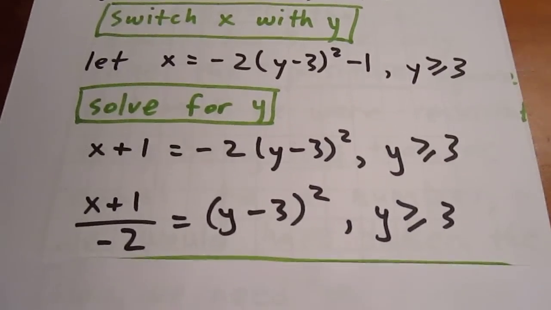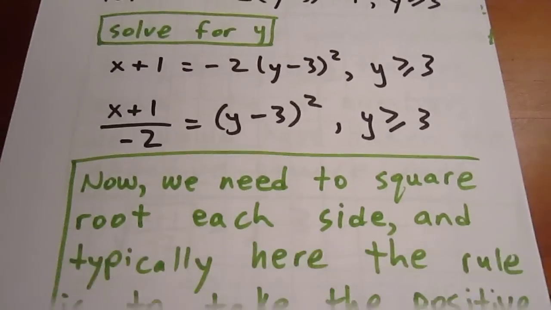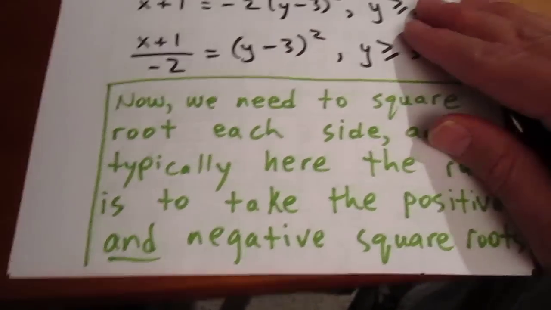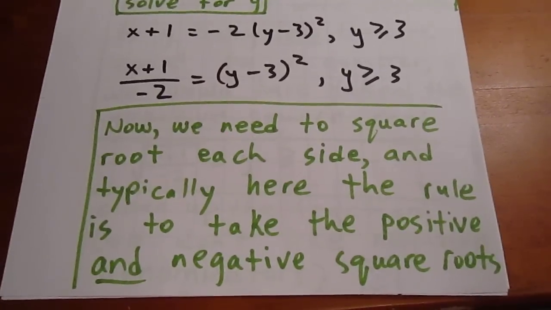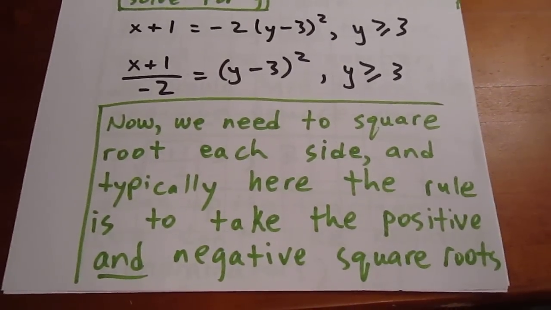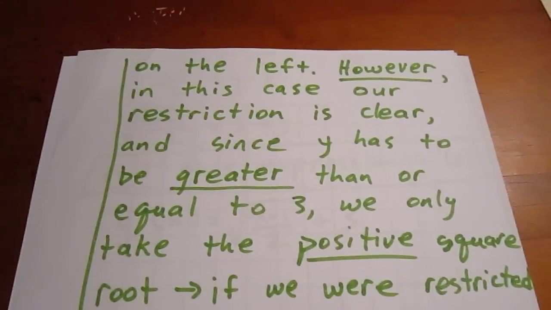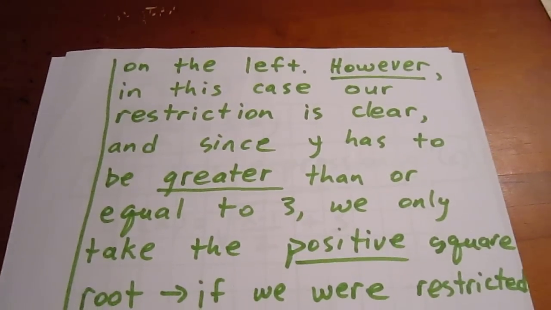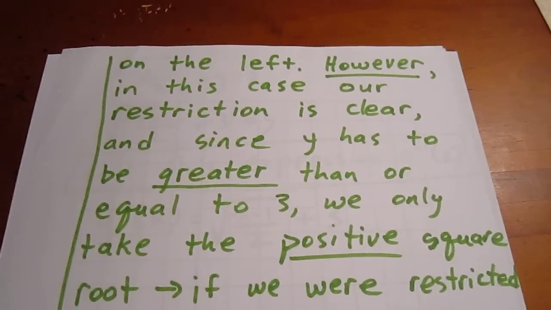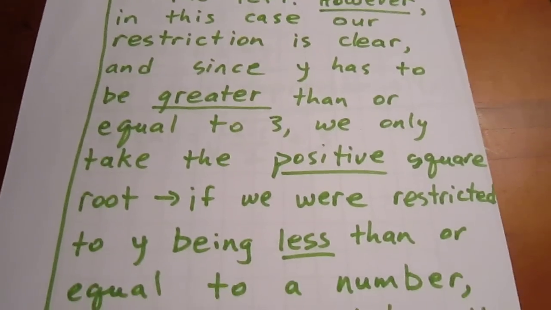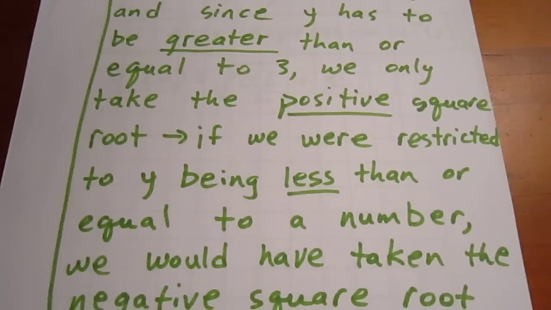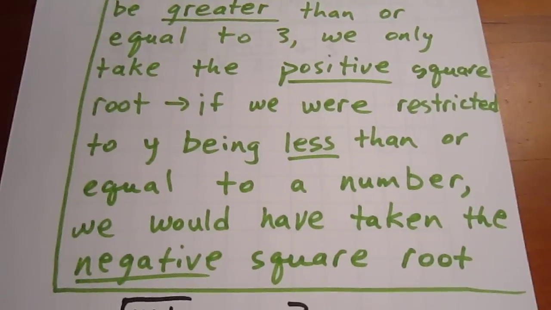by -2. And now we need to square root each side, and typically what we would do is to take the positive and negative square roots. However, in this case, we know that our restriction is clear, and since y has to be greater than or equal to 3, we're only going to take the positive square root. If we were restricted to y being less than or equal to a number, we would have taken the negative